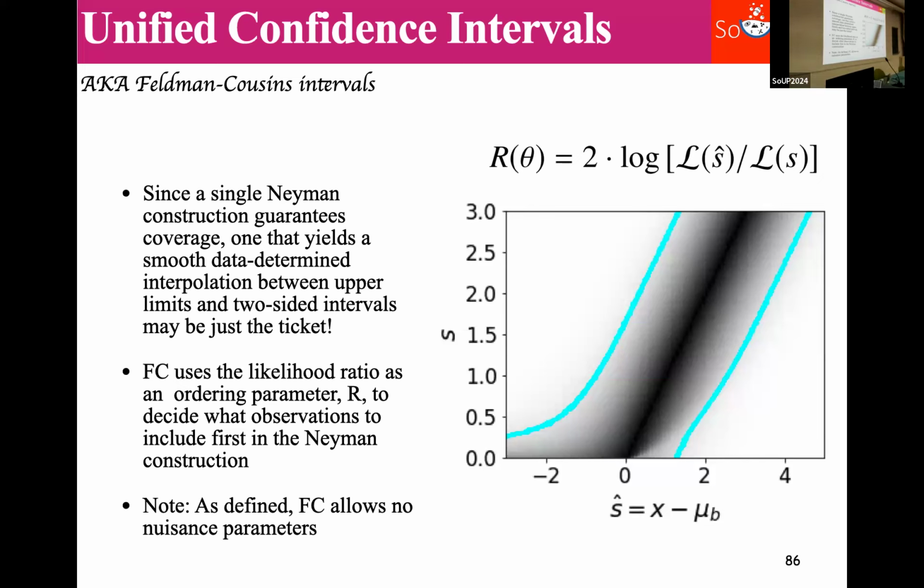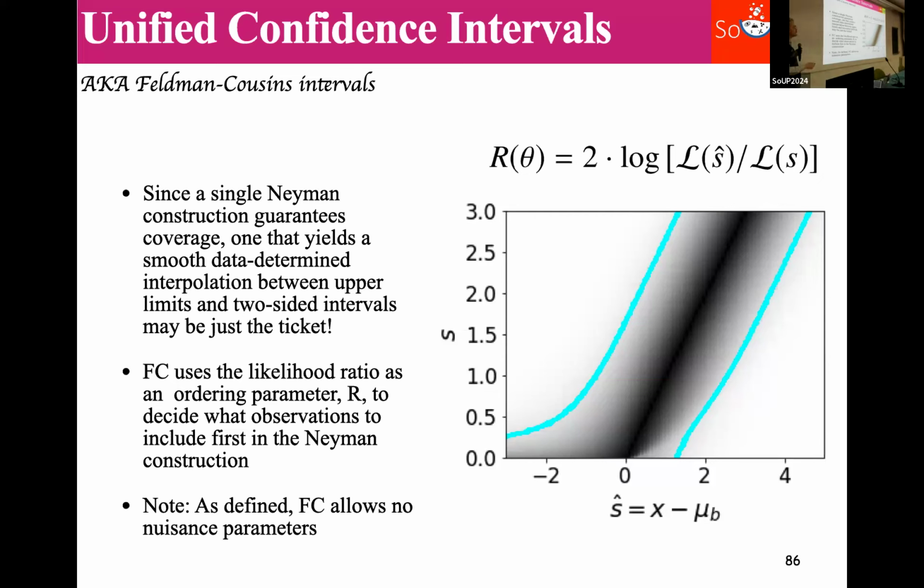Some people or some collaborations even don't think this is conservative enough, so they will add an extra fillet here to say, okay, we're not going to publish two-sided confidence intervals until we have a much bigger upward fluctuation than a p-value of 0.1. But that will then get you over coverage, right? Because you've added more to this construction that gives you exact coverage.